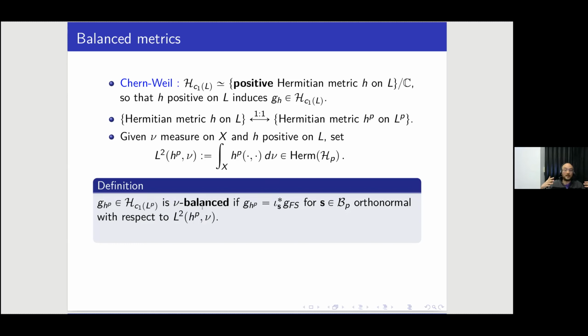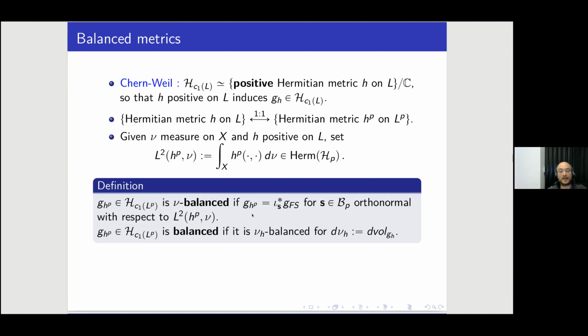So what happens here? You start with a Kähler metric, consider the embedding given by what's called the Kodaira embedding, given at level P. Consider the L2 product on the holomorphic sections, the Fubini-Study metric on CPN induced by the L2 product, and pull it back, right? So a Kähler metric gives you a Hermitian product, then you can pull back the induced Fubini-Study metric. Question: do these metrics coincide? Is this operation an involution? The answer is no, not always, and we call a metric nu-balanced if it is the case.